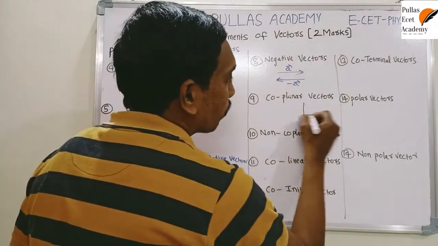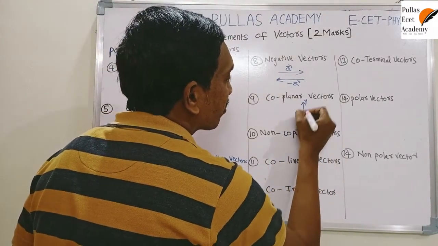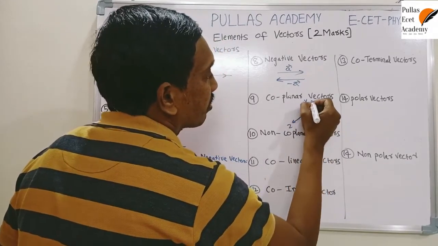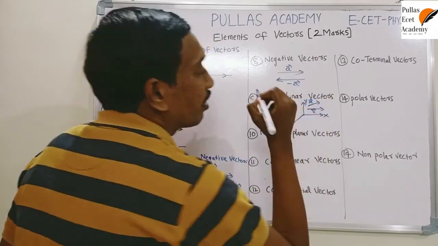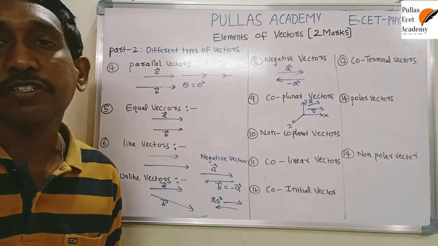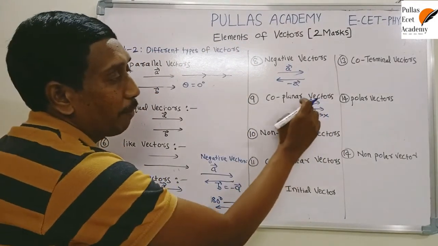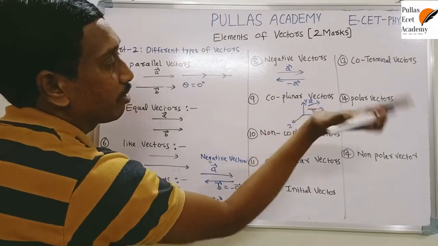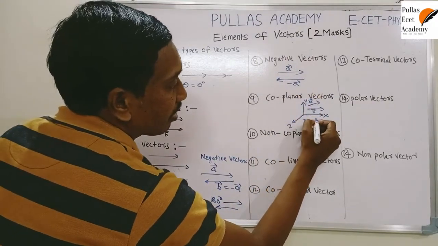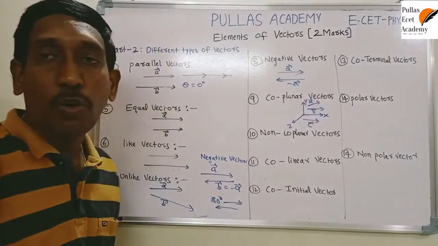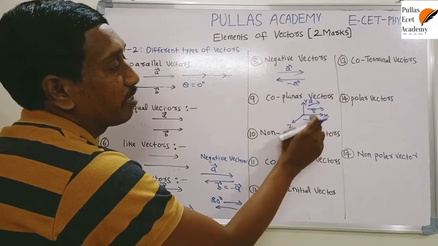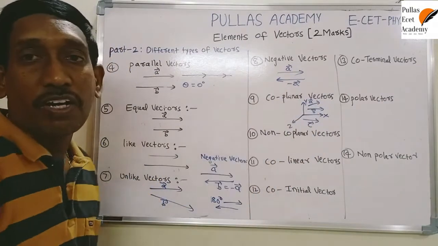In this diagram, this is the x axis, y axis and z axis. This is the xy plane. In this xy plane, if you consider any two vectors in any direction, with different or the same magnitude, there is no problem. If the vectors are in the same plane, they are called coplanar vectors. One more is the xz plane, and this is the yz plane. But here we have a bar, b bar, and one more vector, c bar. A bar and c bar are not coplanar vectors; these are non-coplanar vectors, because this is in the xz plane and this is in the xy plane. That's the difference. This is called a coplanar vector.